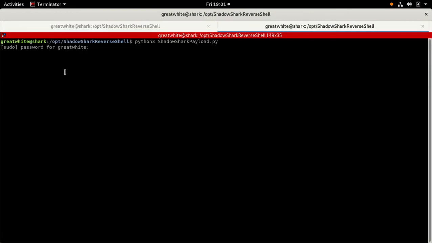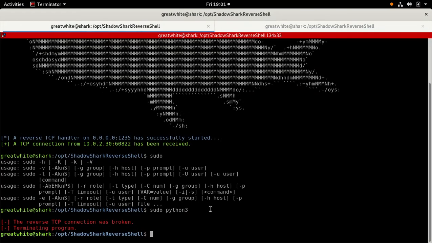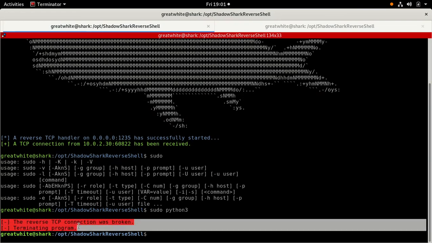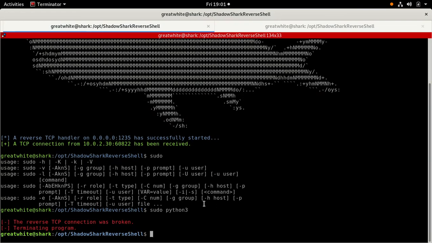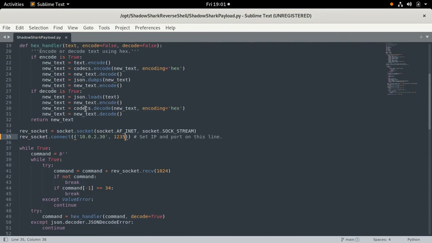Did I type this correctly? I'm not sure. Okay, so this already is updated. The TCP connection was broken. So make sure you don't type in sudo or su, those will not work. And actually, what I could do to make this, so your shell does not get lost, is